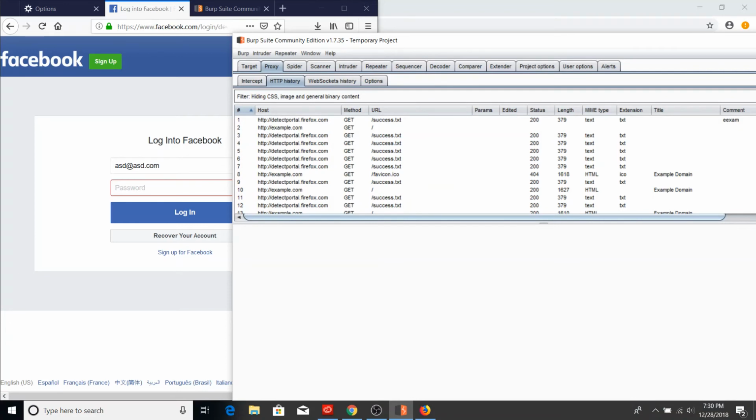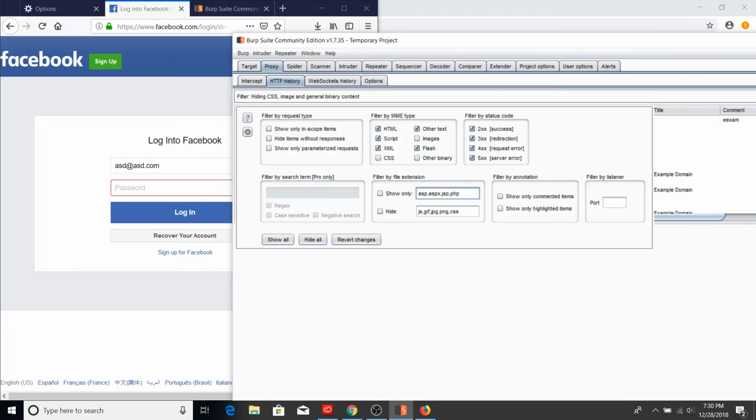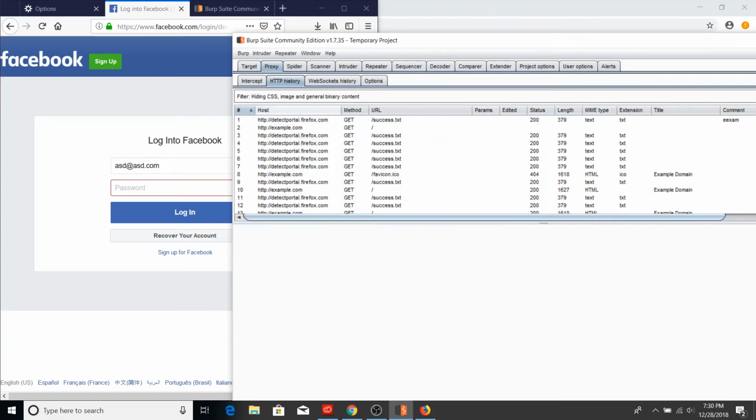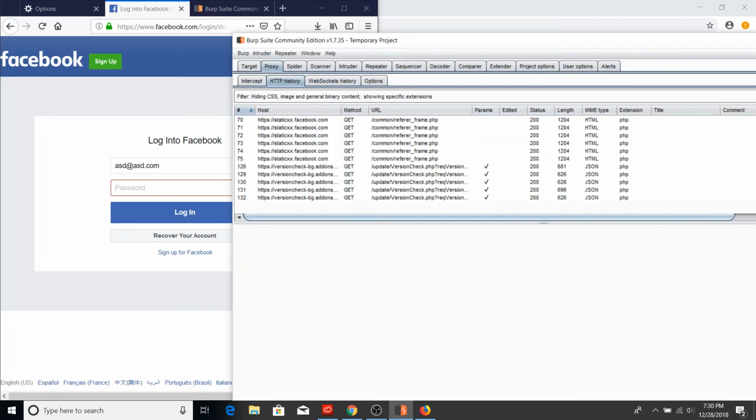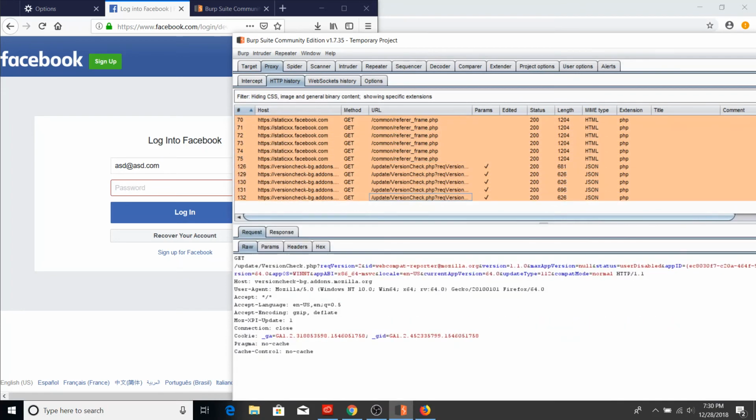Now I can just go to filter, and it will give me filter by search term. This is for the pro version only, so sadly you won't be able to search, but you can do a search by extension. So let's see, if I just want to see all the PHP files, then it will try to show me all the PHP files. So if I do show only PHP, you can see that it only shows me all the PHP requests that it has made,